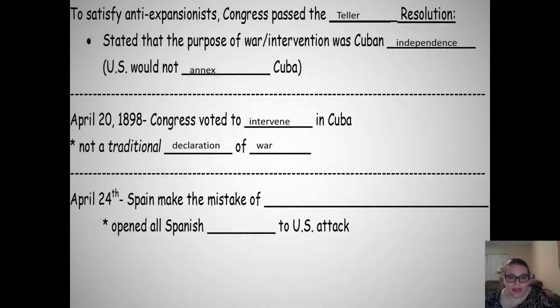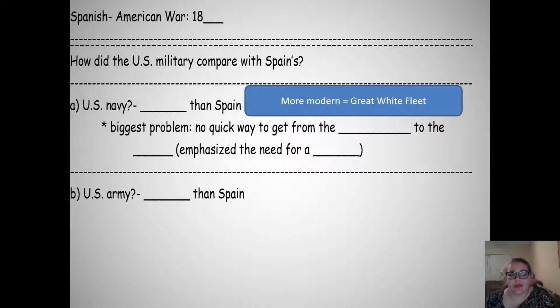So 4 days later, Spain makes the ungodly mistake of declaring war against the United States. So we go into this saying we're going to be an impartial judge. We're not going to pick sides, even though we probably would have. We're saying we won't. And Spain makes the mistake of declaring war against the United States, which, by the way, opens up all Spanish possessions to the United States, not just Cuba. So now it's not just a Cuba issue. Now it's a Cuba issue plus any Spanish colony we feel like taking while we're at it. And if you remember from the beginning of this video, there was one Spanish colony we wanted, and that was the Philippines.